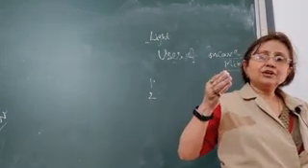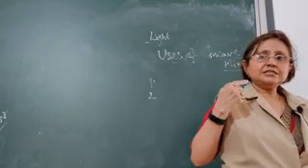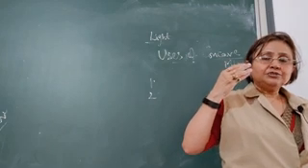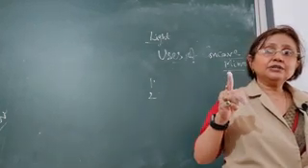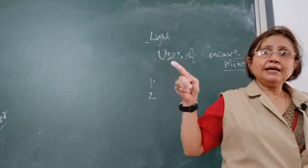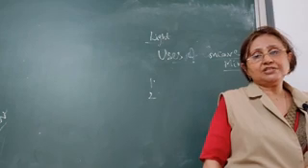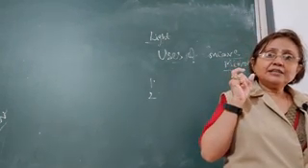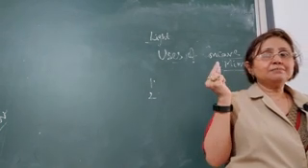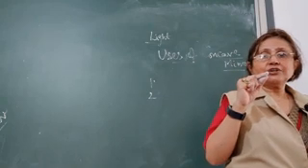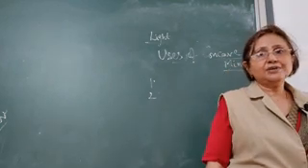So here when the concave mirror is used, it is placed very close to the face. Now the face is the object. Now this object is lying between pole and focus of the concave mirror, and we know how the image is formed: virtual, erect, behind the mirror and magnified. Magnified means an enlarged image is seen. So the concave mirror is kept very close to the face, and an erect and enlarged image of the face can be seen.